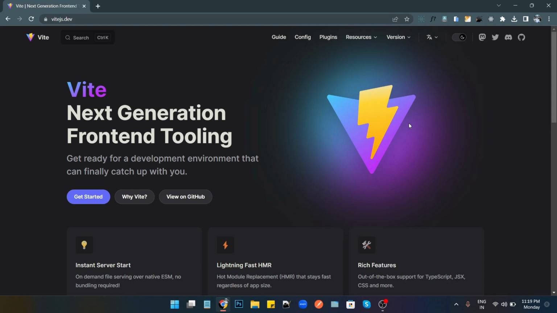Today we are going to talk about how to create a React app using Vite. Vite is a fast and lightweight build tool that allows you to quickly create modern web applications. It supports many frameworks such as React, Vue and Angular, but in this video we will focus on creating a React app with Vite. To create a new React app with Vite, open your terminal or command prompt